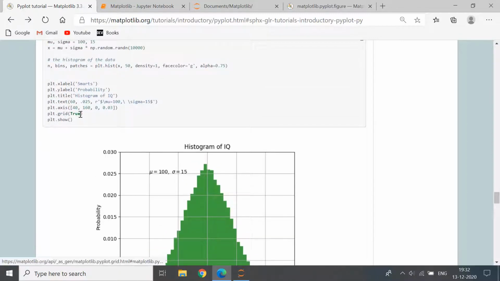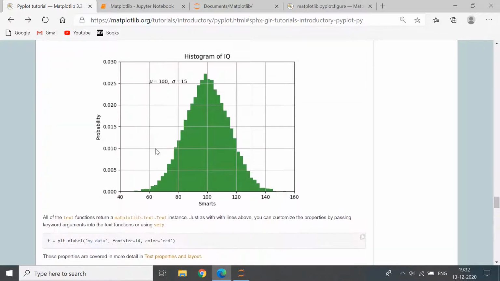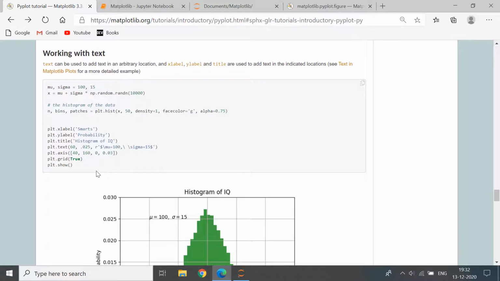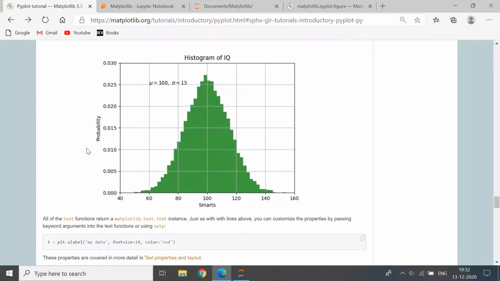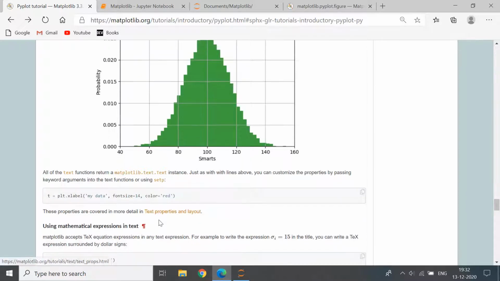Now we did grid True, so we are getting the grids. We have set the axis as well, so 40, 160, 40, 160, and we have set the text values as well, and then done plt.show. All of the text functions return a matplotlib.text.Text instance, just as with